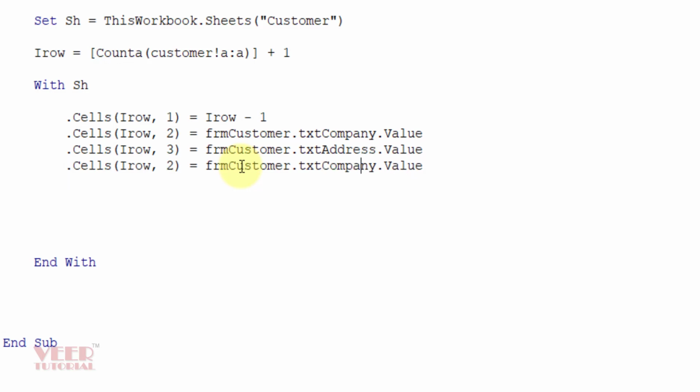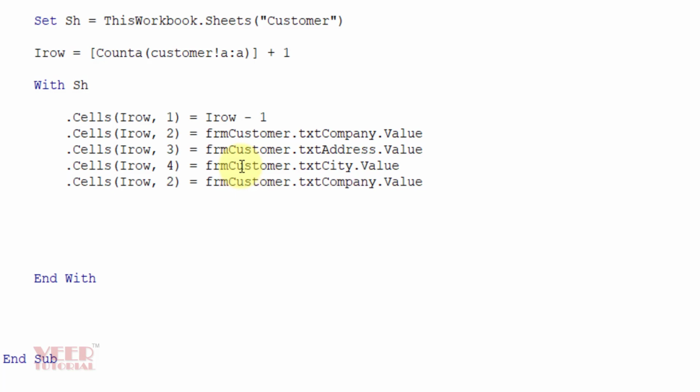Again I will paste it, and the 4th column would be city, and then the 5th column would be the combo box.